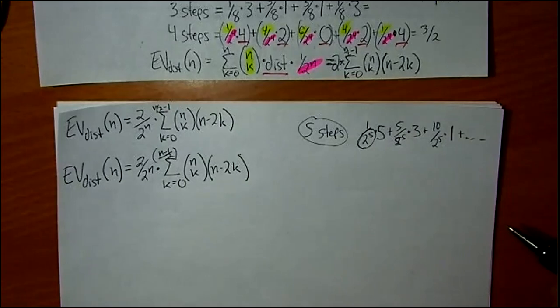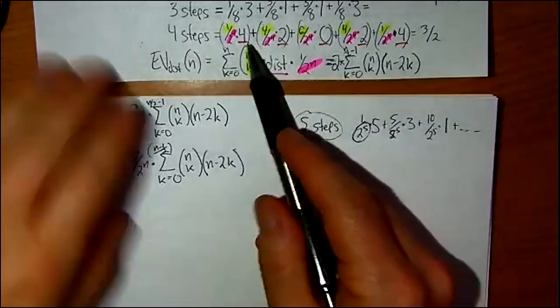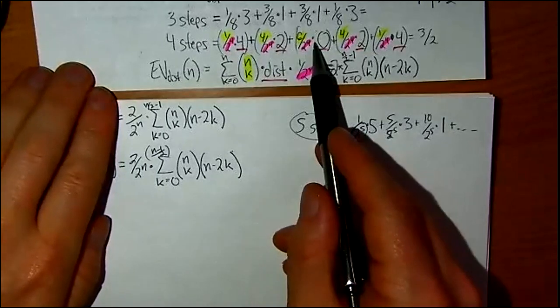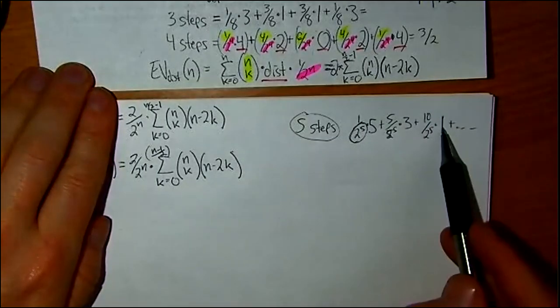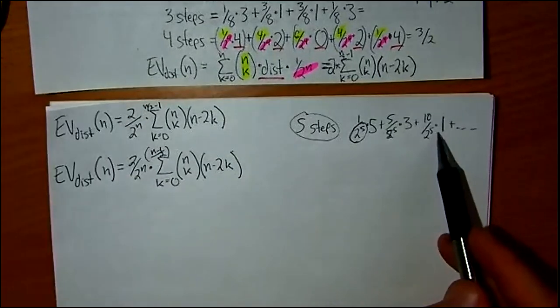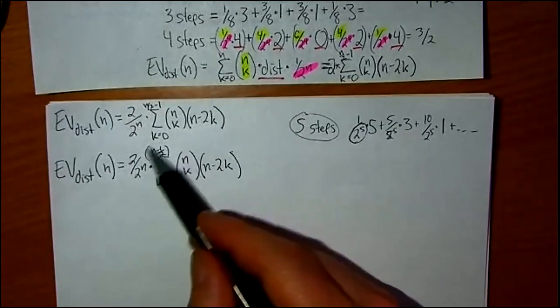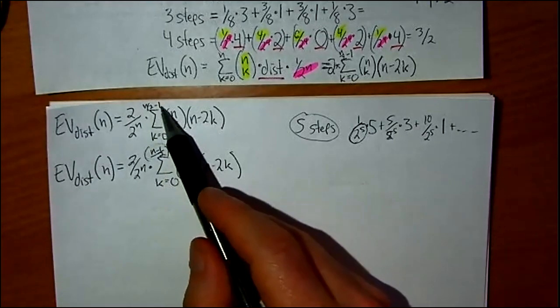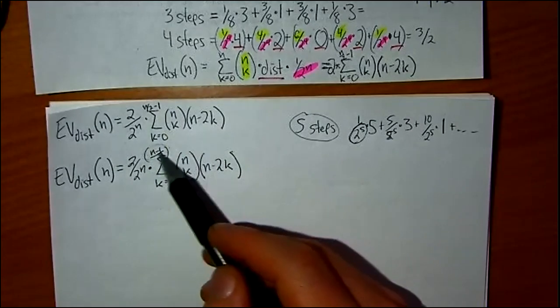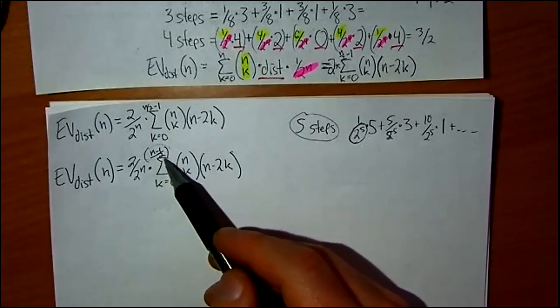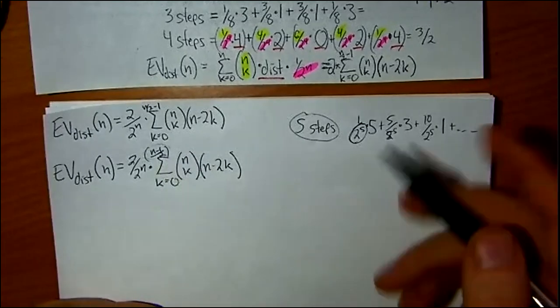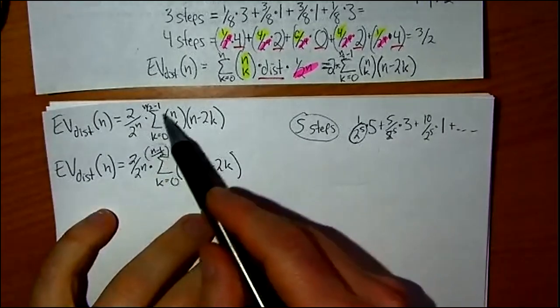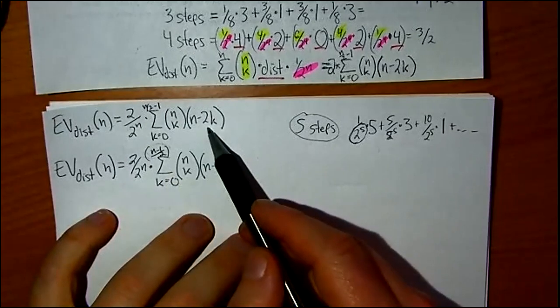Maybe really what I'm shooting for, if I want to add up 3 terms on the 4-step line and 3 terms on the 5-step line, then maybe I can have a common goal here up top to work up to. If I have a 4 in here, 4 over 2 minus 1, that works. But if I have 4 minus 1 over 2, that'd be 3/2, which is not a whole number. So I wouldn't really want to do that. But maybe I could say, for the number of terms in here, if I want to get 2 of them on this side, maybe I could say,